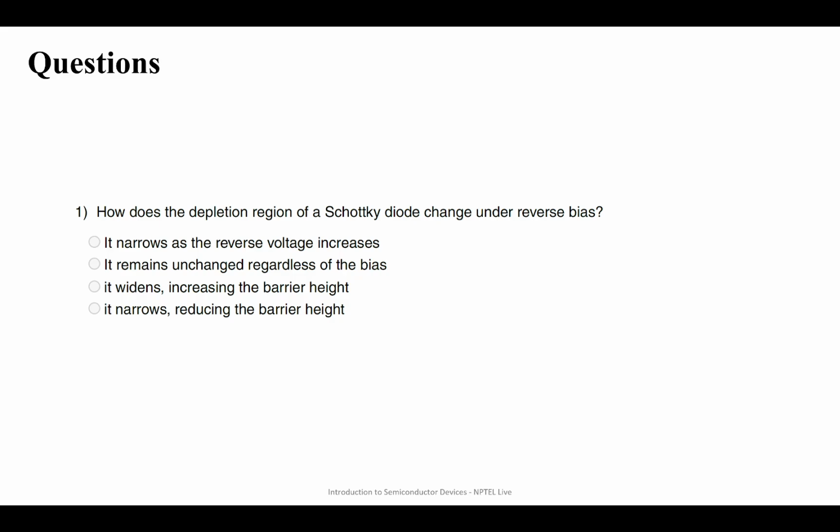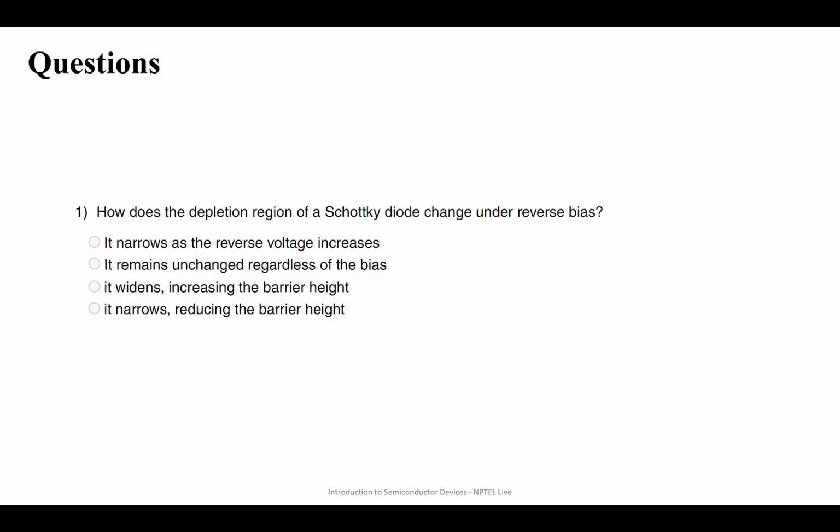So what it does, it forms something known as a two-dimensional electron gas, 2DEG, which has a very high mobility. And what ballistic transport means is that basically the transport is happening without any